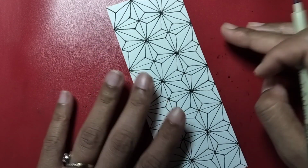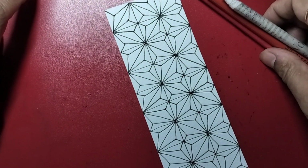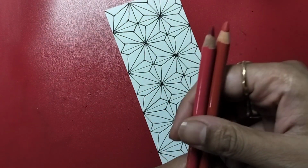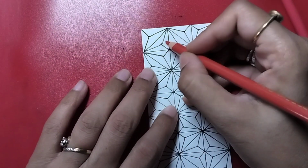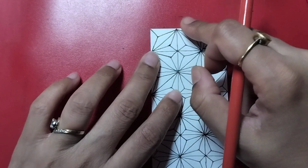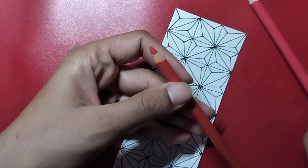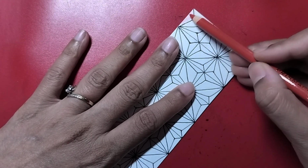So I finished drawing my fragment. Now let us get to shading. I'm again going to be using my color pencils to shade, but these are again optional. If you want, you can always use the normal graphite pencil to shade. Now each of these sections, this triangle has 3 sections. So I'm going to start with a very light shade. So these are 2 shades. You can see one is lighter and one is darker. So I'm going to start with the light shade